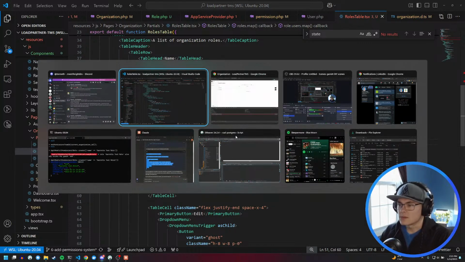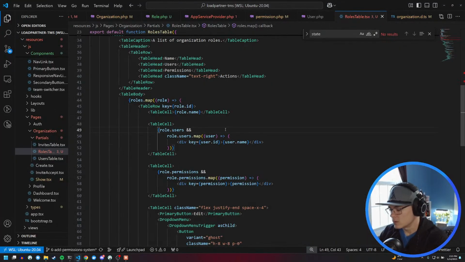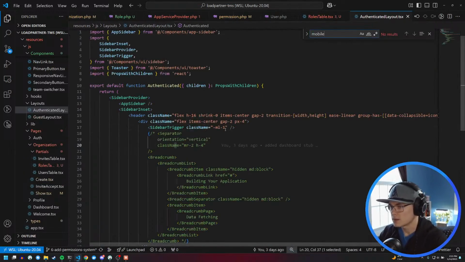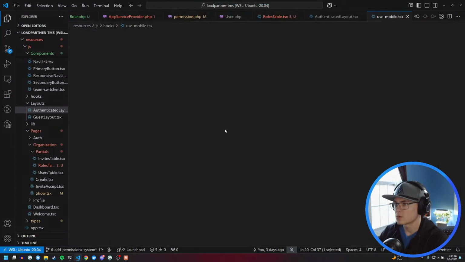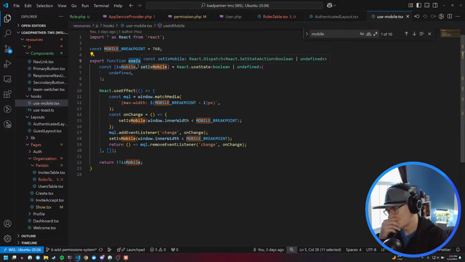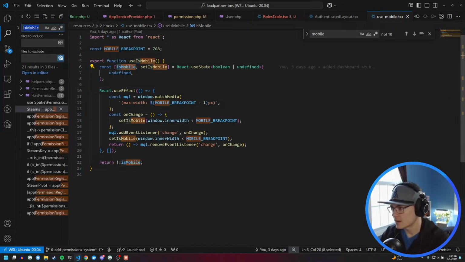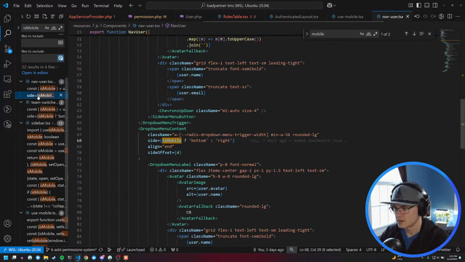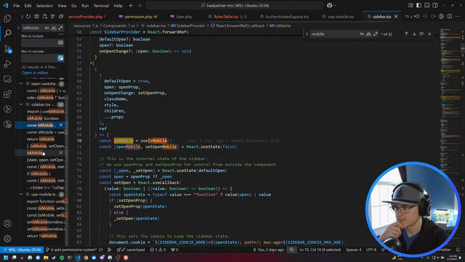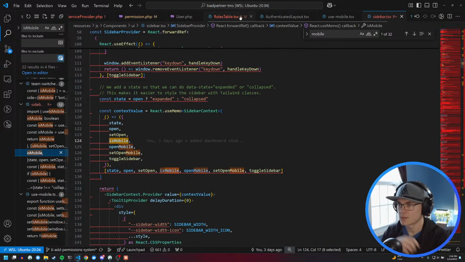Okay, cool. So yeah, I think there's a way we saw before to look at mobile, right? Here we go. Use mobile. I wonder, is there a good way for me to use this? I'm curious if